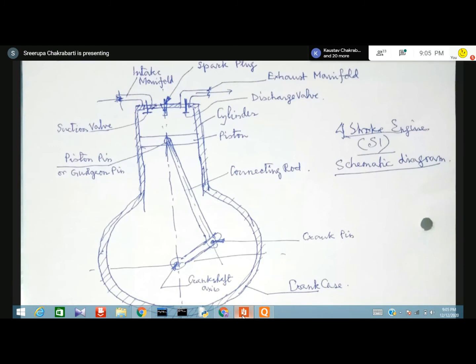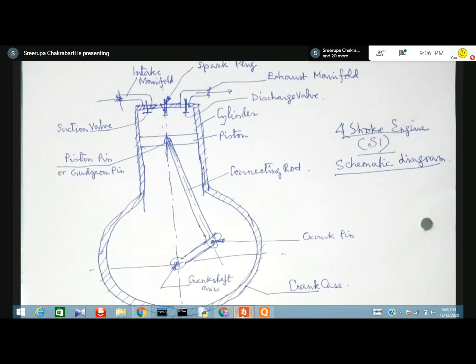below the spark plug. See, this engine, what I'm trying to explain to you, is a spark ignition engine. That is why I have shown a spark plug. The ignition starts by spark. But there is another variety. These spark ignition engines are also called petrol engines. There is another variety which are called diesel engines, where there is no spark plug. And the ignition is because of excessive compression of the gas. That is, the ignition is caused due to compression. It is called compression ignition, CI.